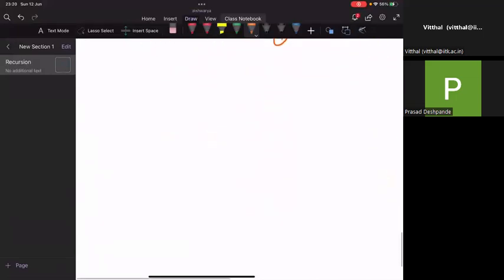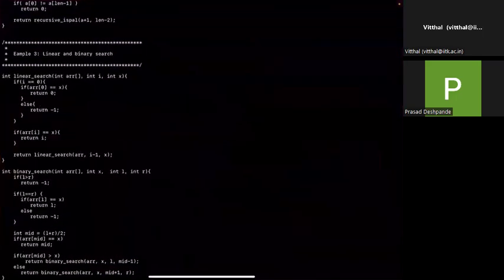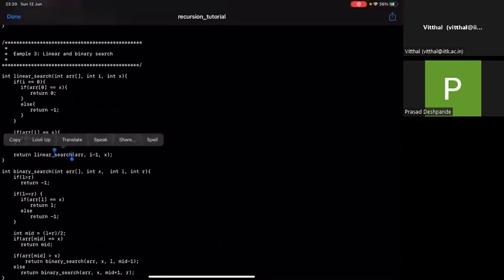So how can we do this using recursion, right? As I said, we will just look at one element in each iteration. If the element is found, the search is completed. If the element is not found yet, then we have to search in the remaining array. So this is the basis of the function here, right? So what we will do is,